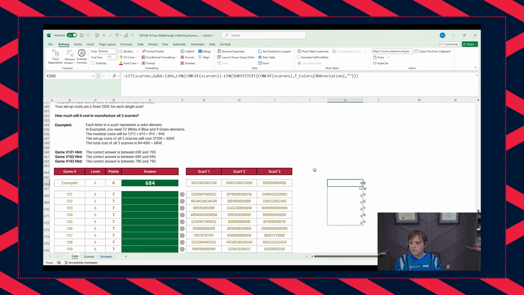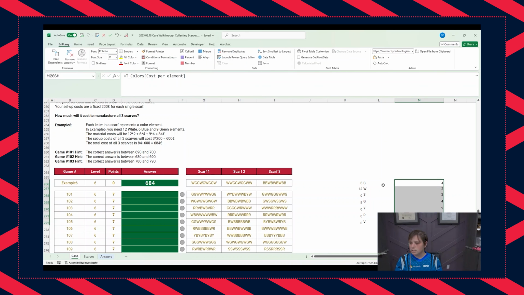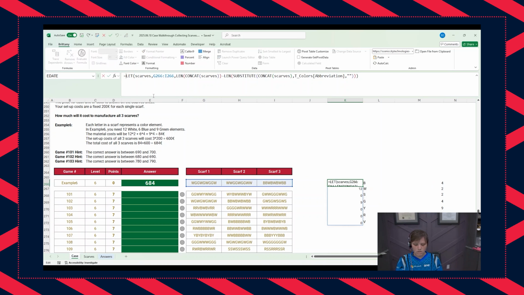And what we want to do then is take this number of each color element that appears and multiply that by the price. And that is also in our colors table. So if we just bring in the cost per element, we'll see these are the different costs for each of those ones. So to get the sum total of all of the costs for the elements, we're just going to multiply those together. So we can wrap this formula with a sum product of that cost per element. That's going to be one range. And then the other range is going to be essentially what outputs the,